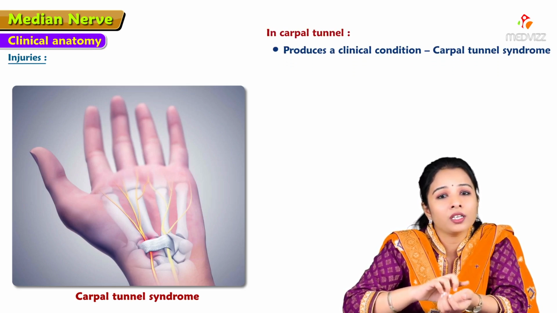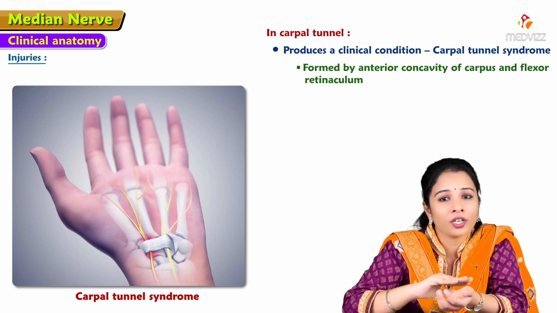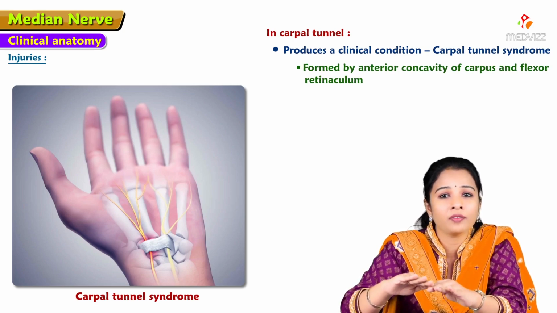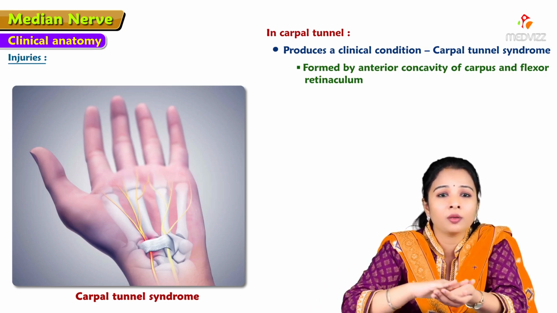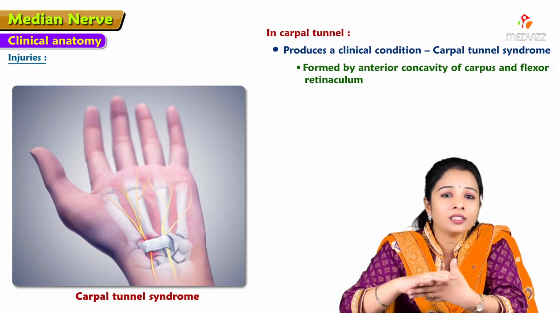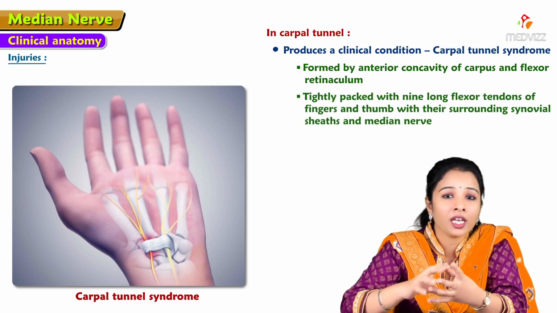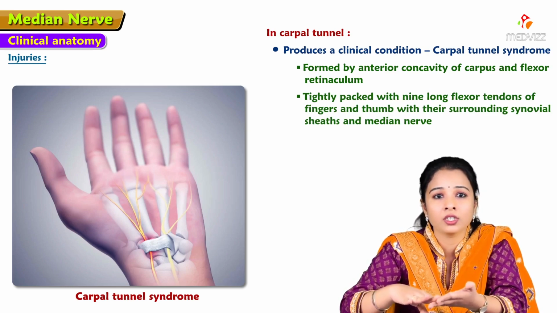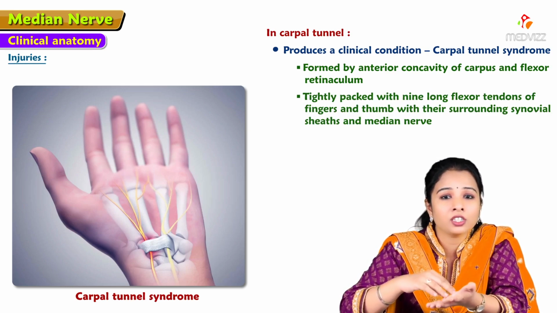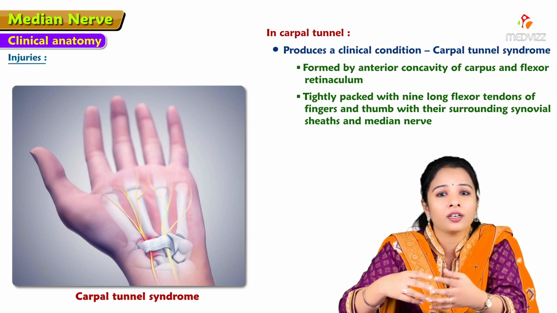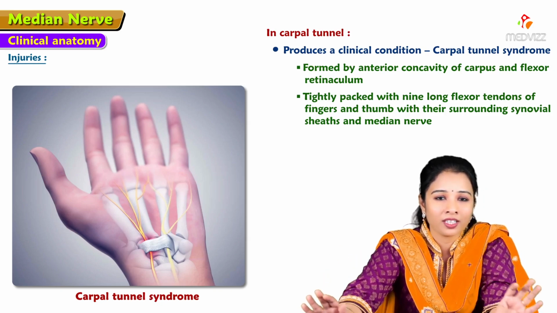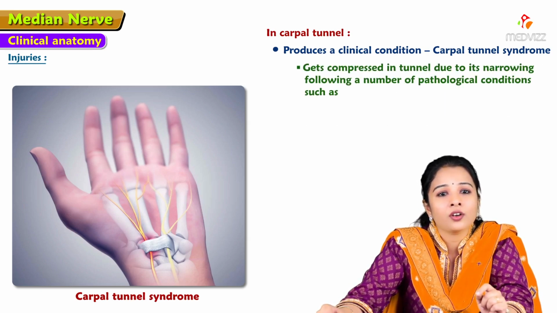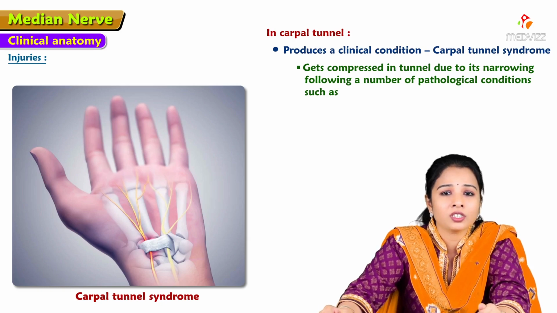So the carpal tunnel is formed by the anterior concavity of the carpus, meaning the carpal bones form a concavity, and the flexor retinaculum bridges over it. The tunnel is tightly packed with 9 long flexor tendons which go to all fingers and thumb, with their surrounding synovial sheaths, and along with it the median nerve is also there. So the median nerve gets compressed in the tunnel due to its narrowing following a number of pathological conditions like